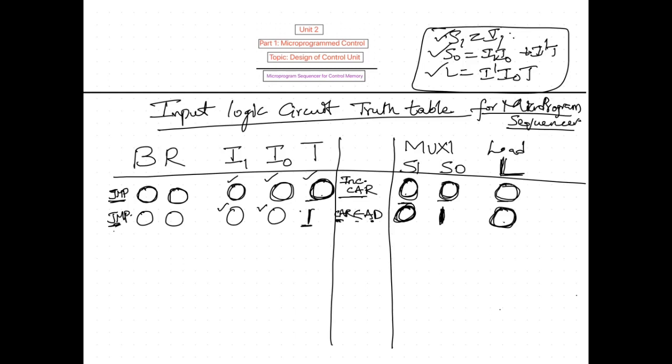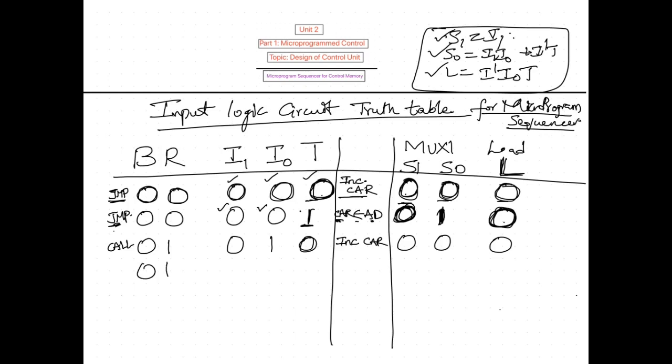This is an unconditional jump, when there exists a test condition 1. At that time which source? 0 1 means line 1, and here load will be 0. Next, when the BR field is 01, copy the same thing here, 01, and the test is 0. Now this is call. The BR field 01 means call, but the condition is 0. When the condition is 0, it just simply increments CAR. Increment CAR means S1 and S0 will be 0 because line 0 is CAR, and there is no need of the SBR register to be activated, so load is 0.